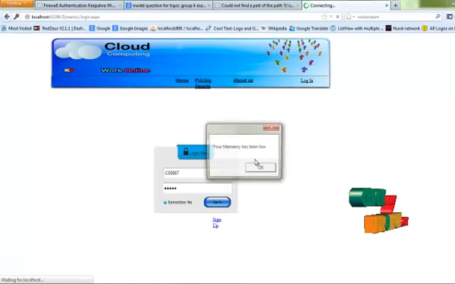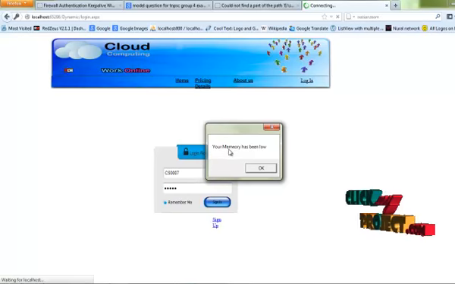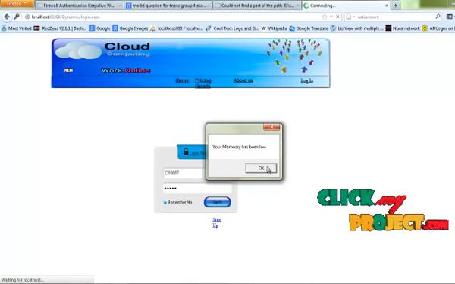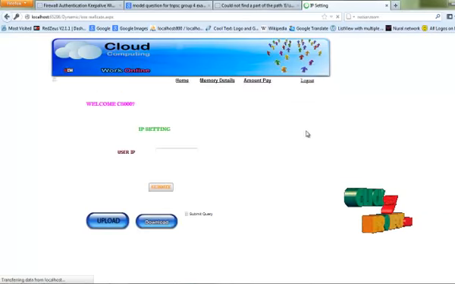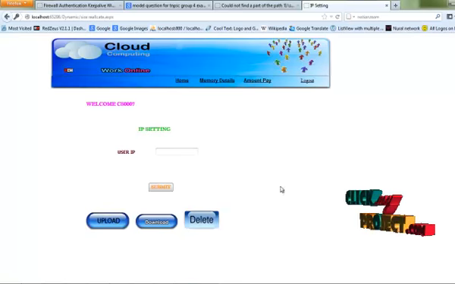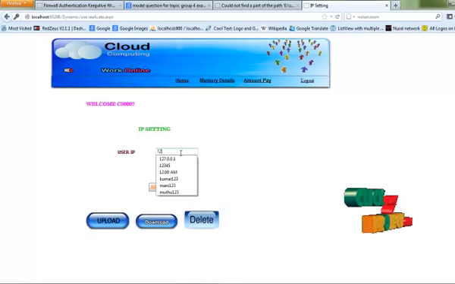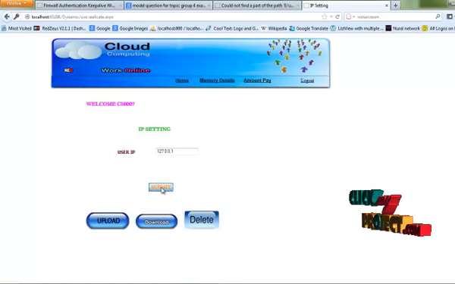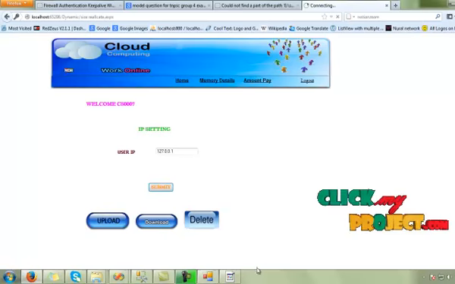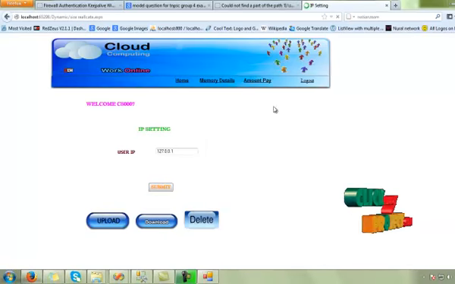You sign up, so a message box is displayed. Your memory has been low, so allocating temporary memory. Then click to access the temporary memory process. Then the IP address is set automatically, for example 127.0.0.1. Then click the submit process. The message has been displayed. Then go to